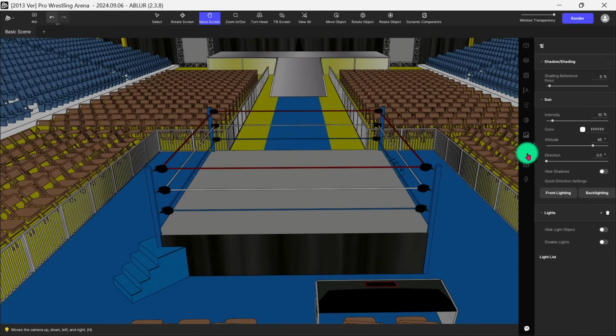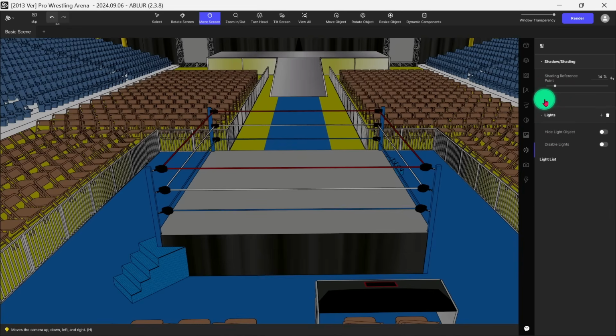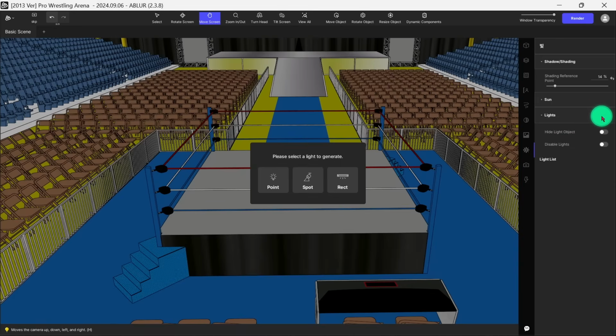And now I'm clicking in the lighting. I think there's still some bugs within ABLUR. It's still kind of in beta, but most everything works. I'm trying to go in and change the lighting from here, but that doesn't really work too well. So what I'm going to do is click this plus sign next to the lights button